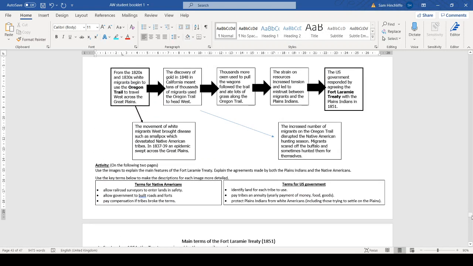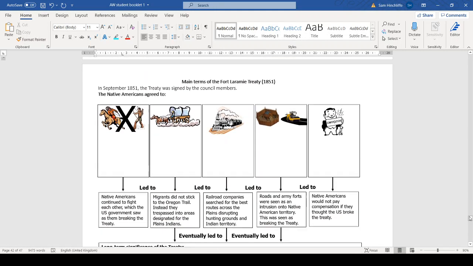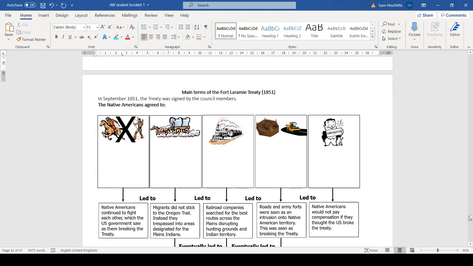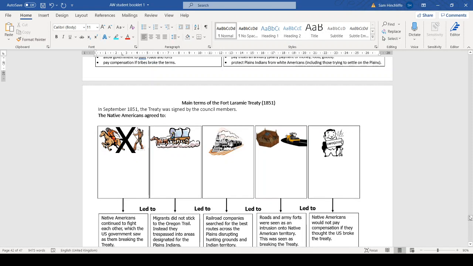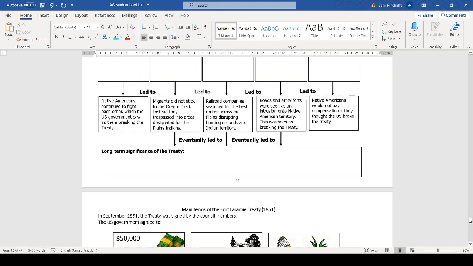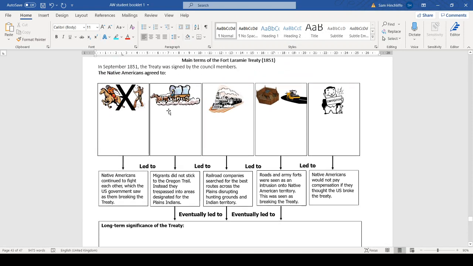On the page here, you have some of the main terms for the treaty to help you, but it's about trying to work out, using the image, what that term was, but I will go through them with you. So we've got the term of the treaty, and then you've got what that led to, and ultimately what we want you to do is to then explain the significance of it. So the first one here,